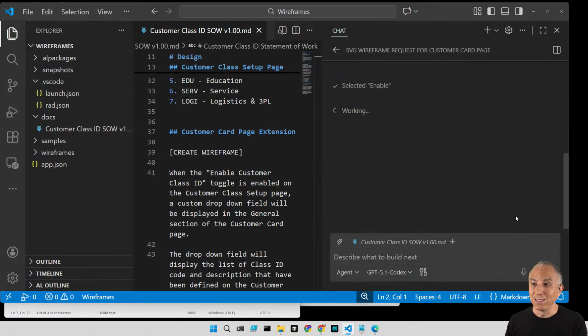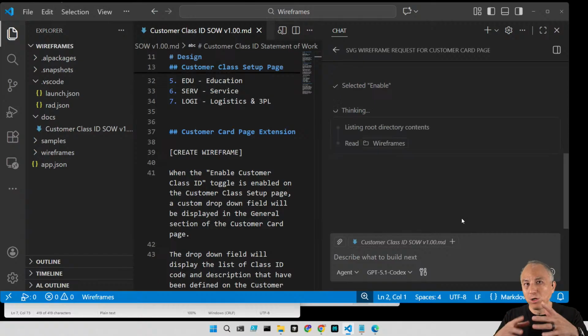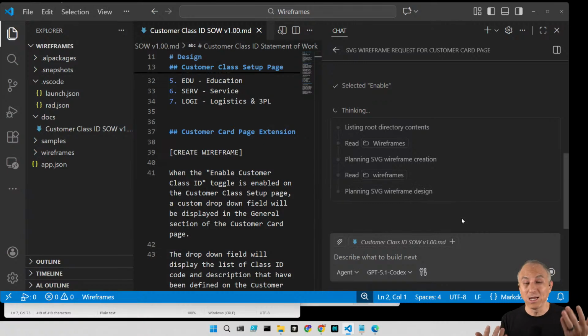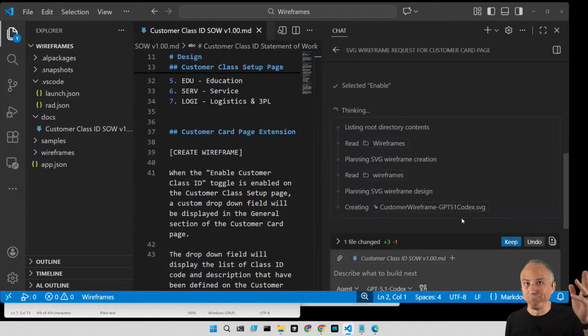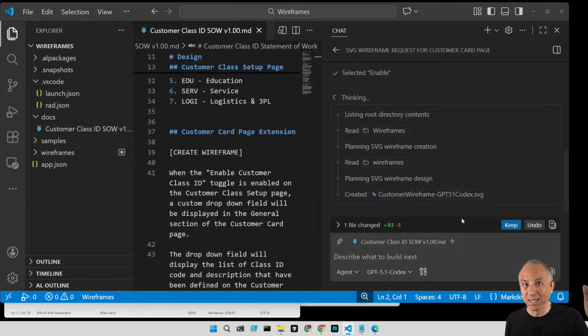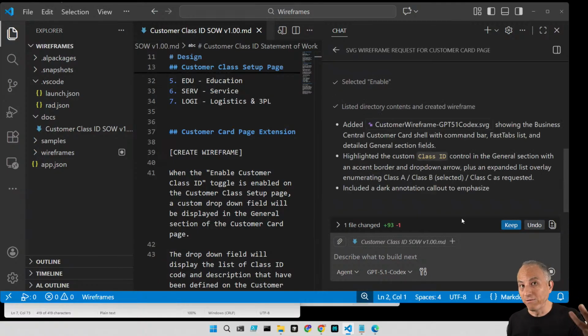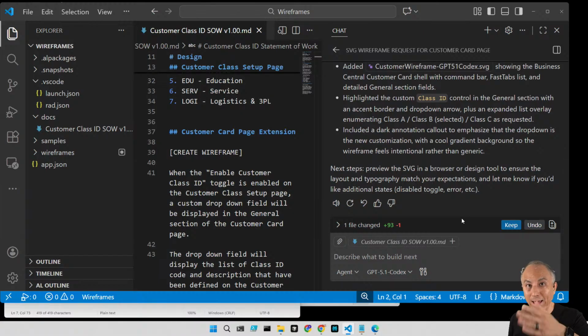Oh, enable access to 5.1. And so it's much harder to tell with code whether one is better than the other. It takes a lot more iterations to determine that. What's kind of interesting about wireframes is you can instantly look at the two pictures and say, oh, I like this one better. So it may be quicker for you to find a preference for models for AL wireframes in Business Central. Now, if you're doing JavaScript and whatever the tools are for website design, maybe you'll find a completely different model does a much better job than for AL wireframes. But in my case, all I care about is AL